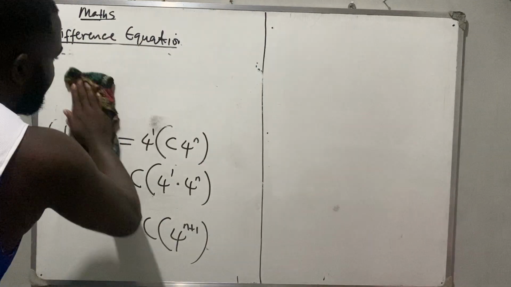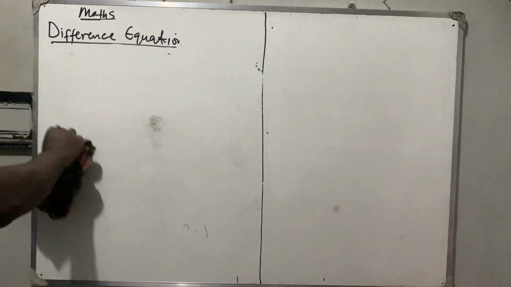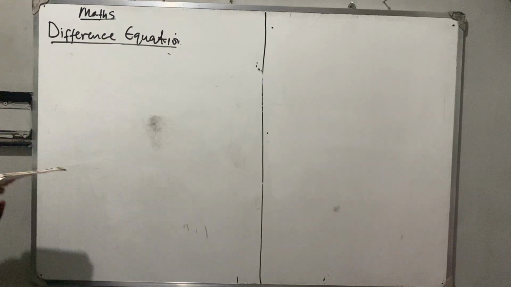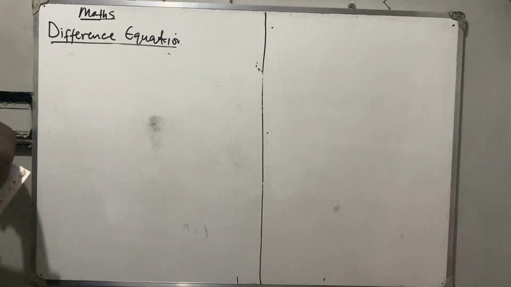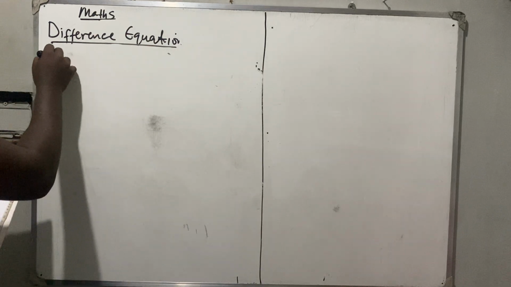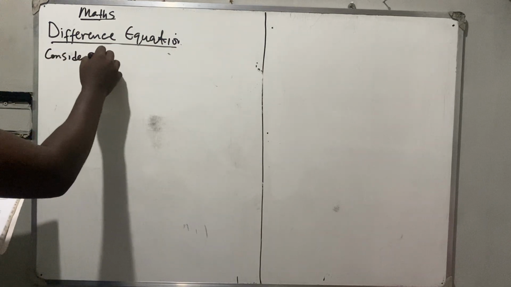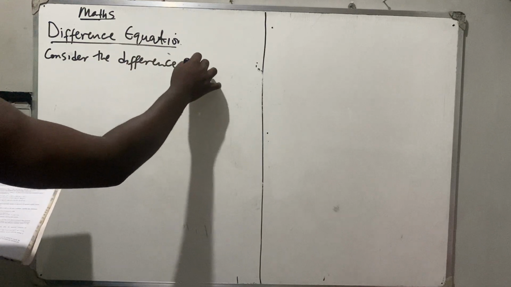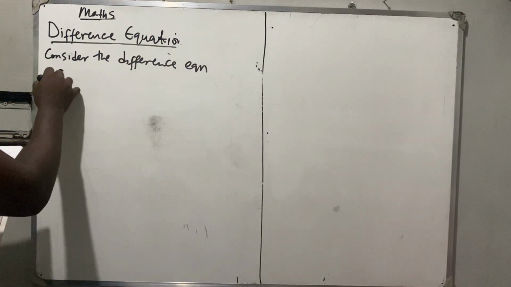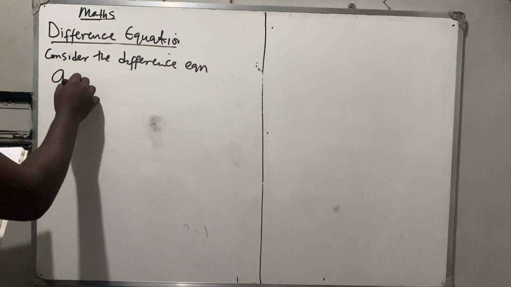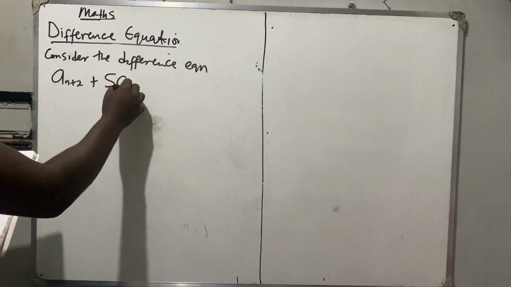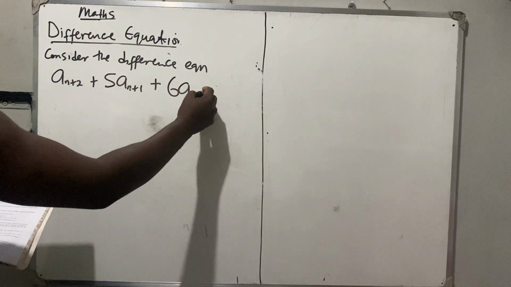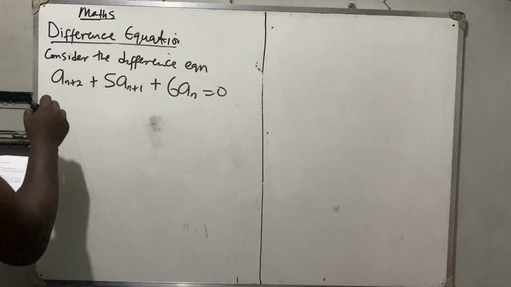So the next question we will be solving, we will be solving so many questions so that you can understand it very well. The next question we are going to be solving here said, so consider the difference equation a n plus 2 plus 5a n plus 1 plus 6a n is equal to 0 with